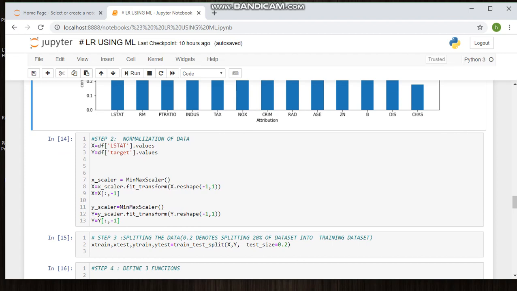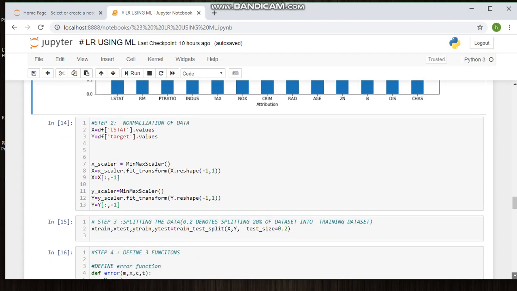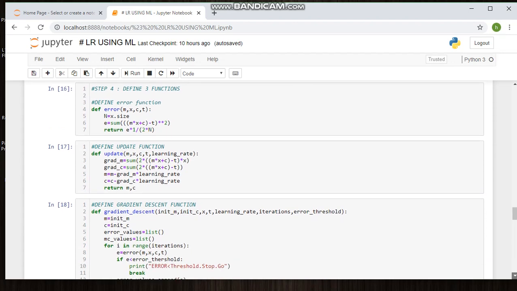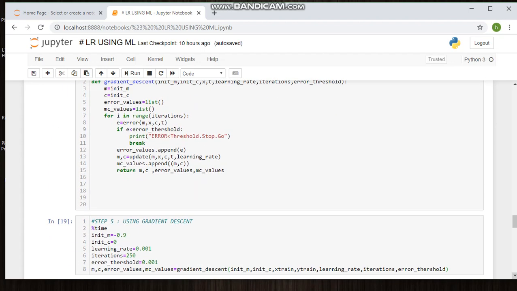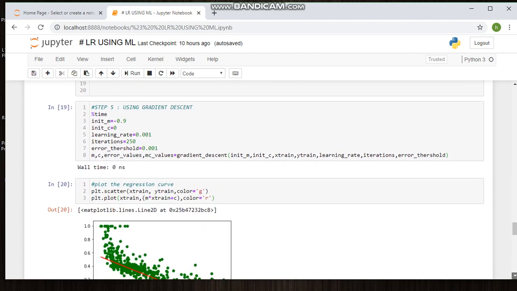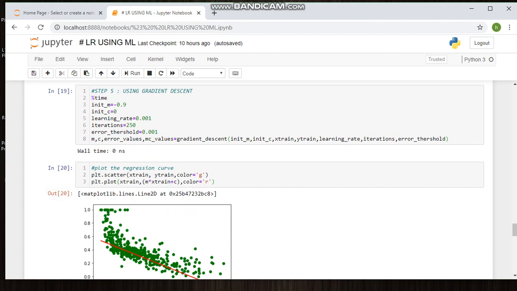The values are split like x train, x test, y train, y test. These values are split by train test split into x values and y values. Test size is nothing but 20% of the data, 20 divided by 100, that is equal to 0.2. There are three functions: the error function, the update function, and the gradient descent function. Using the gradient descent function, we find the linear regression graph